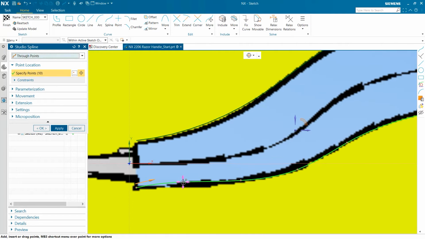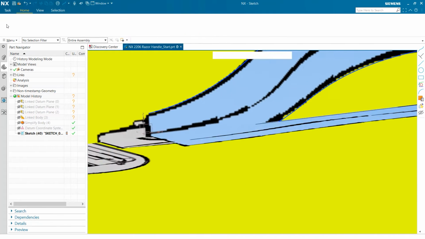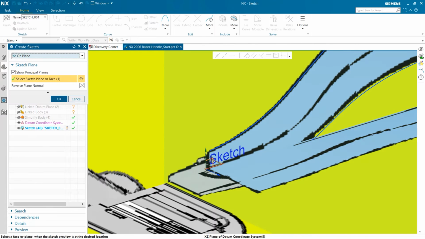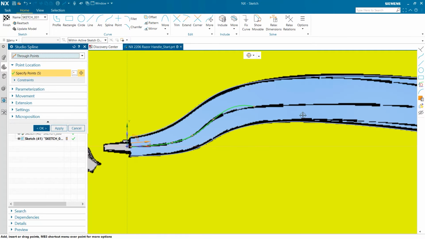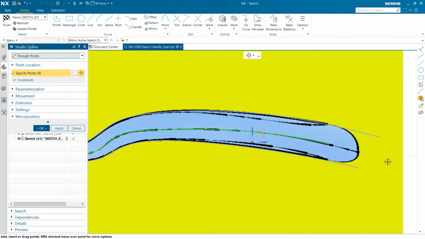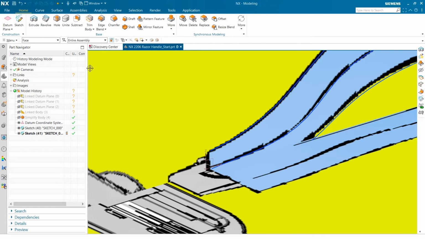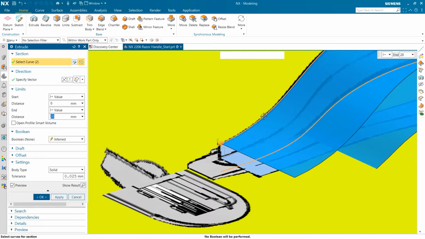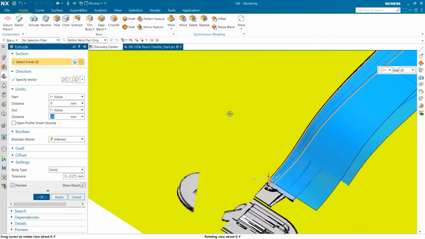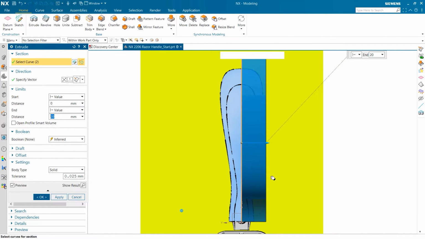Now that I have created the top and bottom profiles, I am now going to generate the mid profile, which is the mold split line for the handle. The top and bottom profile and the split line are going to be created as separate features in the model. I am going to extrude the top and bottom profiles. As they do not form a closed boundary, they will be generated as sheet bodies.